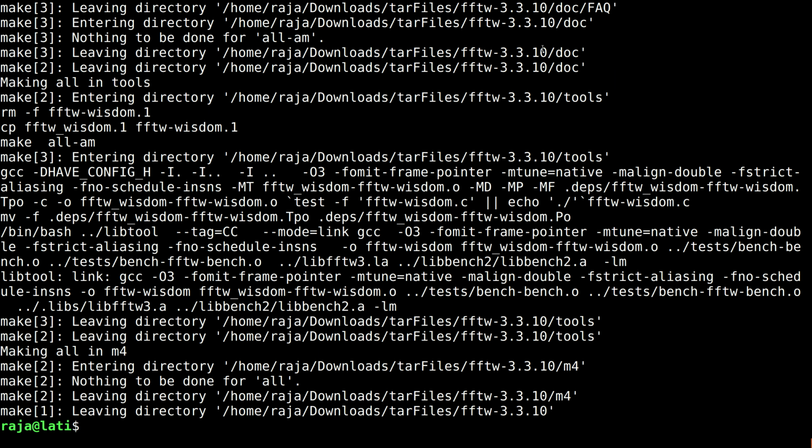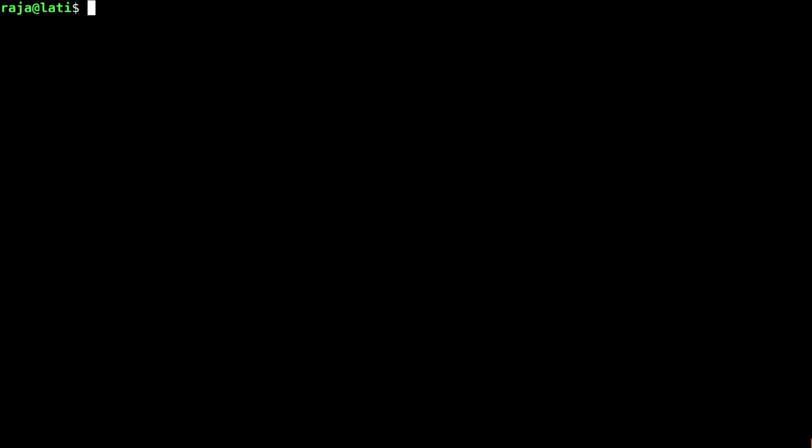Okay, now compilation has been finished. Once the compilation has been finished, you can check with make check. This is an optional step but highly recommended. If you have no error during make check, then you are good to install the Fourier transform library on your